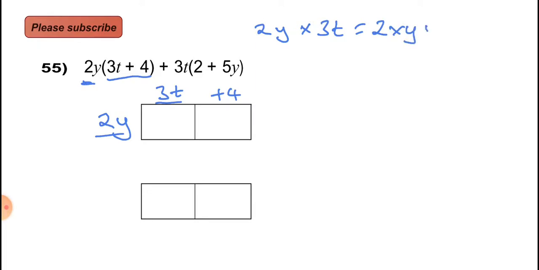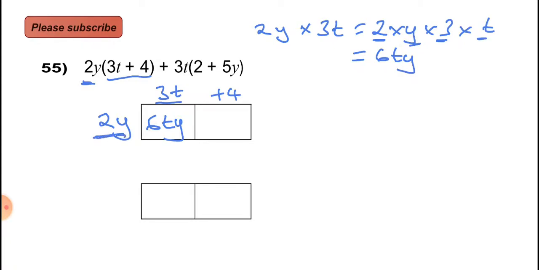so 2y times 3t is the same as saying 2 times y times 3 times t, which you can write as, well, first of all 2 times 3 is 6, and then it's y times t, but to keep it in alphabetical order we're going to write ty, so it will be 6ty,